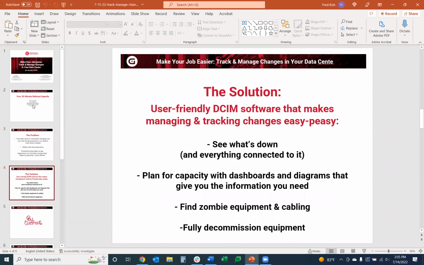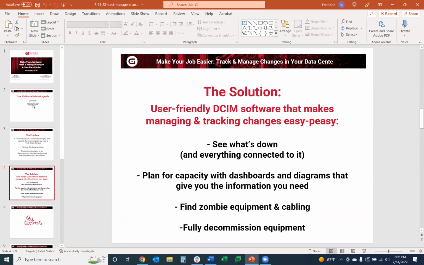The solution, so a little bias here. We make our product called NetTerrain, NetTerrain DCIM, or Data Center Infrastructure Management. With a decent solution, really a visual tool, if it's not even NetTerrain, it could be other solutions out there, it can really help you manage and track your changes, all the way down from the port changes, down to equipment moves, decommissioning the product,